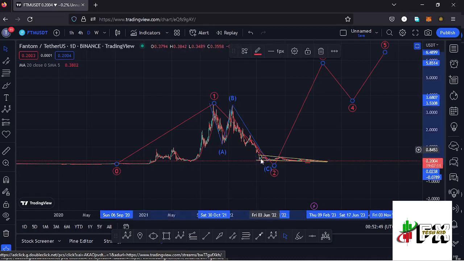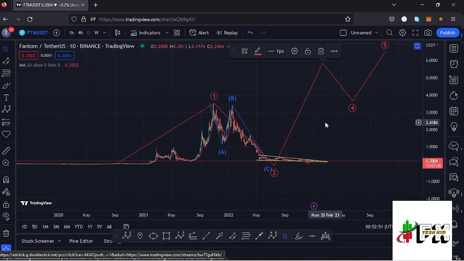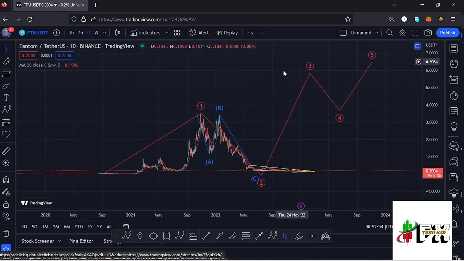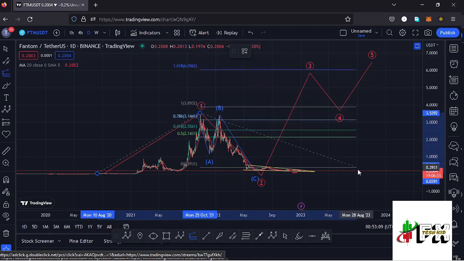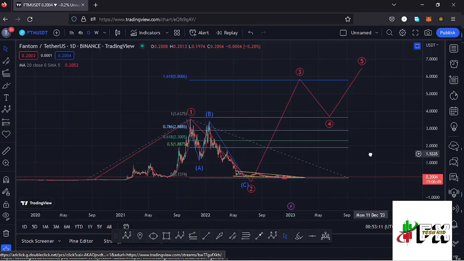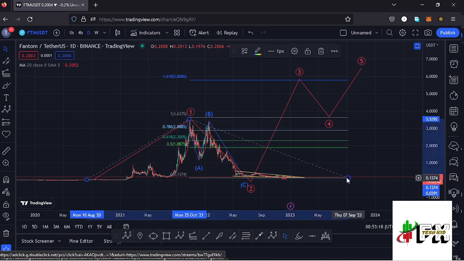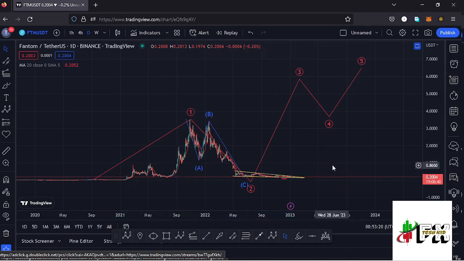And whatever we expect next after seeing the formation of a higher Elliott wave count 2 is an impulsive movement to the upside in the formation of a higher Elliott wave count 3, and sketching out a minimum target area to the upside in the formation of that wave 3 using a trend-based Fibonacci, connecting it from the low of the first wave to the high of that first wave, then dragging the fibs to the low of the second wave. That gives me a minimum target area at the fib level 1.618, and that is at around the $5.8 mark. And that is my long-term scenario that I'm expecting to play out here on the Fantom chart once we get back into the recovery phase here on the Fantom chart.